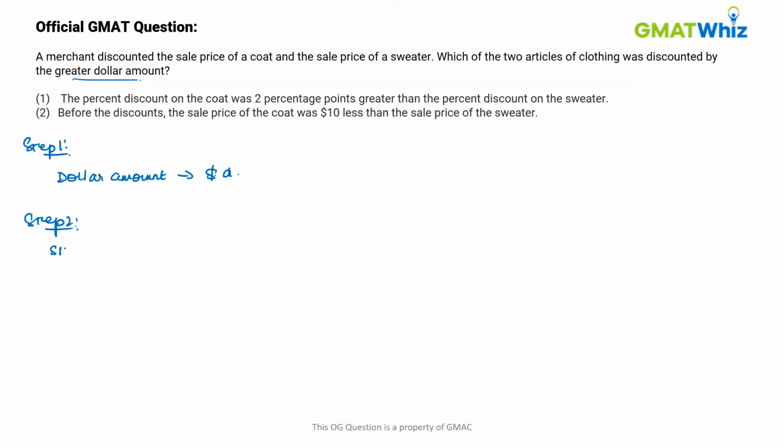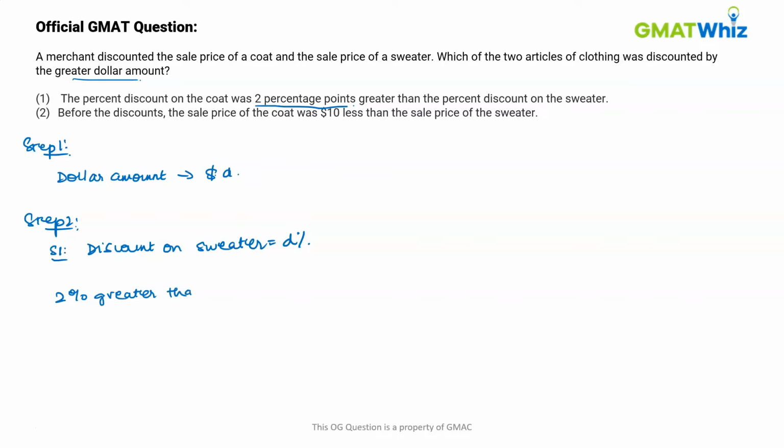Let's start with statement 1. It tells me that the percent discount on the coat was 2 percentage points greater than the percent discount on the sweater. So suppose the discount on the sweater is equal to D%. Now what does 2 percentage points greater mean? We'll understand by taking two scenarios. Okay, the first is 2%